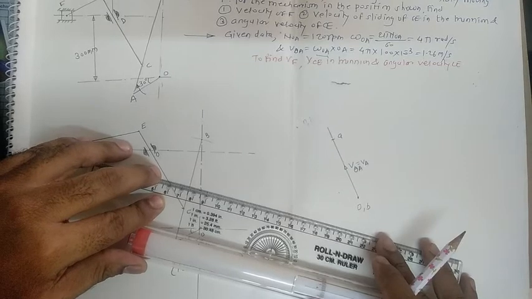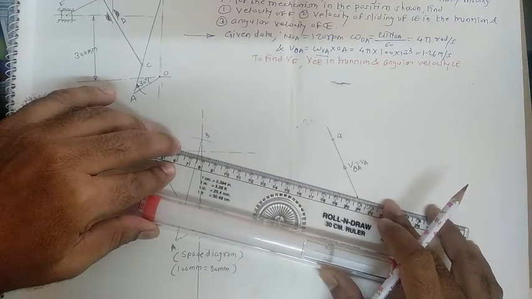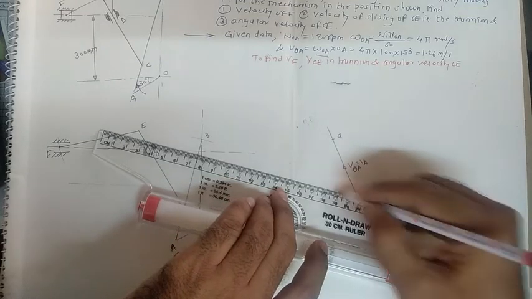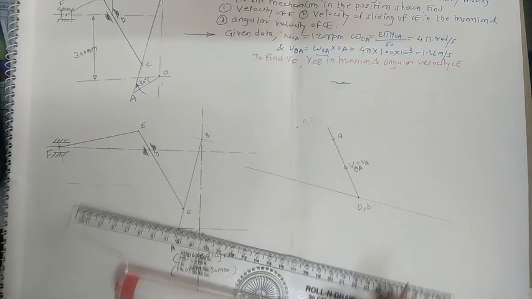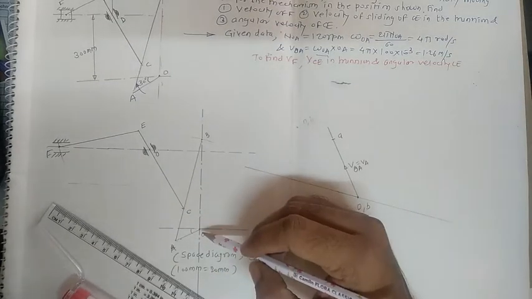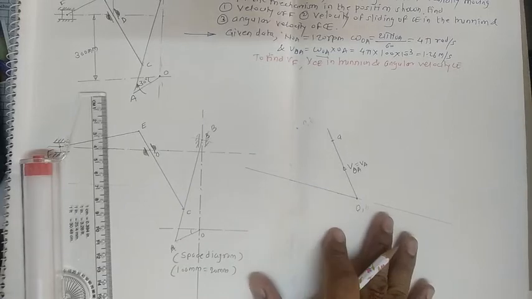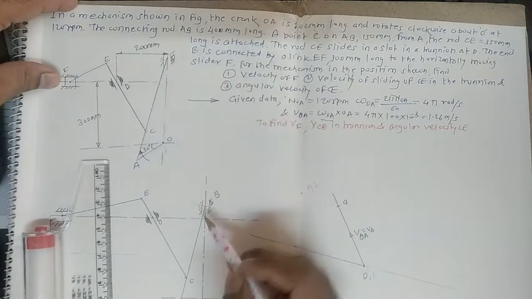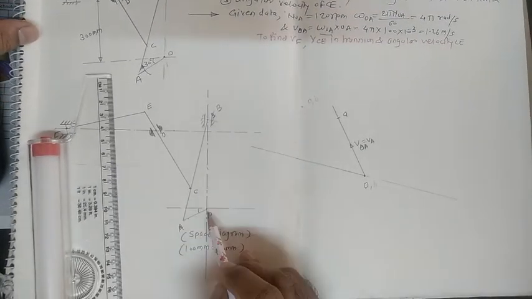To this B, just pass one line perpendicular like this one. Now next, already the O point is with us, B point is with us. Sorry, we have a slider here. Here instead of showing that as a fixed point, just show B as a slider. So here only a single point will come, that is the O point will occur here.